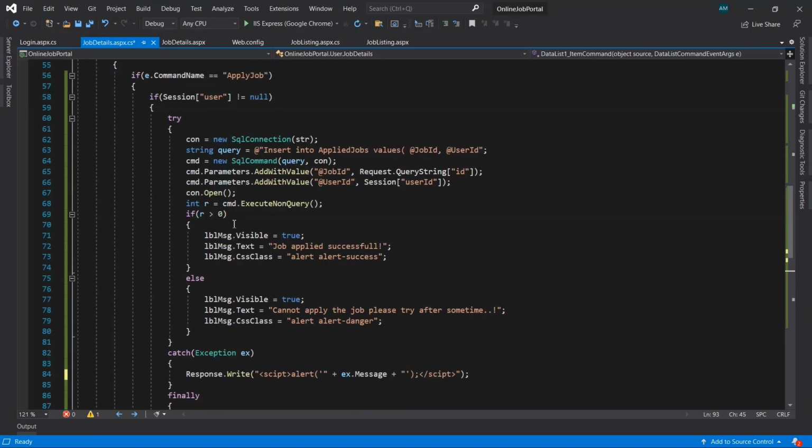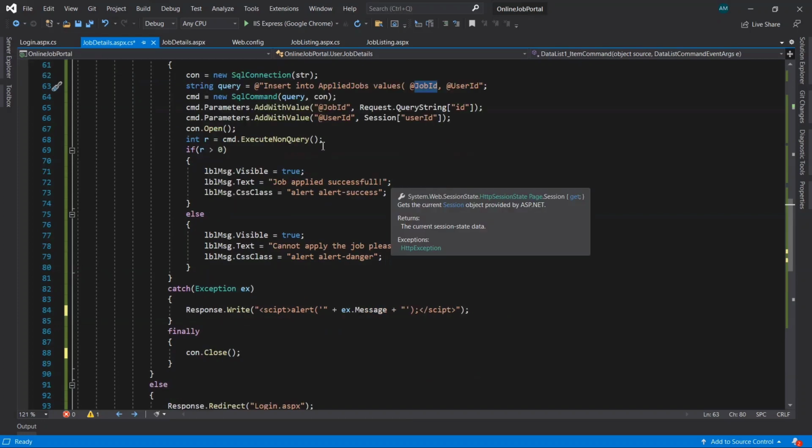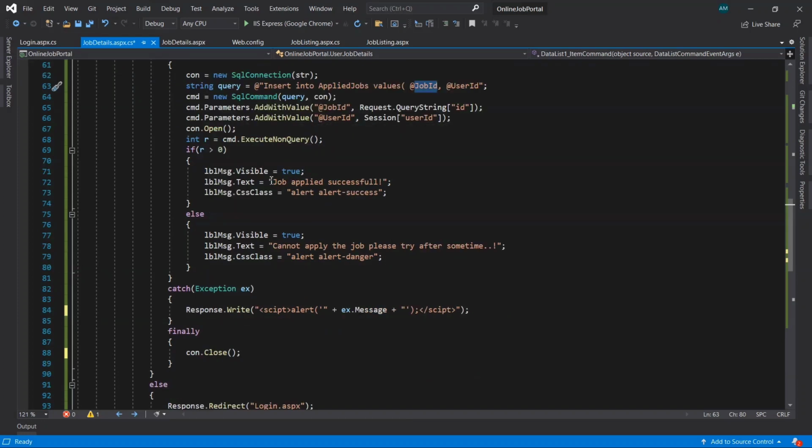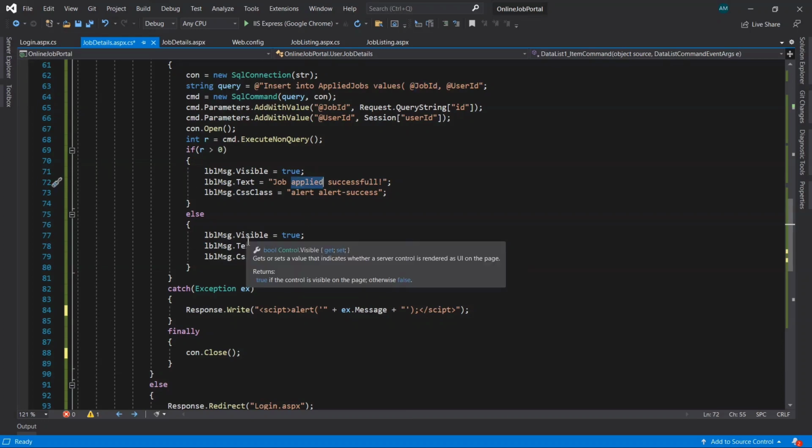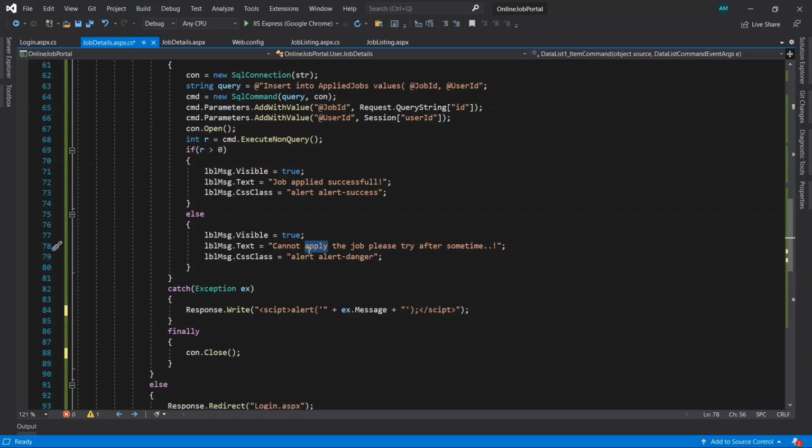If logged in, it will insert into the applied job table a record of which user has applied which job. Based on that it will store and give the message to the user, job applied successful. If something went wrong, it will display the message cannot apply the job, please try after some time.